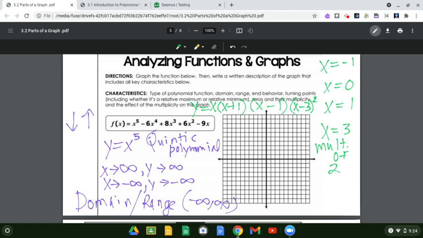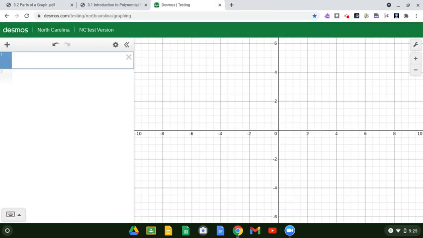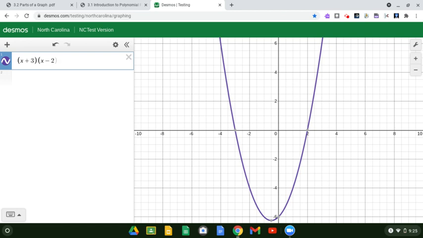Okay? So just make yourself an additional note. Double roots bounce off the x-axis. Just going forward, understand that if the graph lies on the x-axis, that's going to be a triple root. Let me show you really quick, okay? Let me just do an example. I'm just going to do it in factored form. I'll go x plus 3, and then I'll go x minus 2, and I'm going to raise it to the